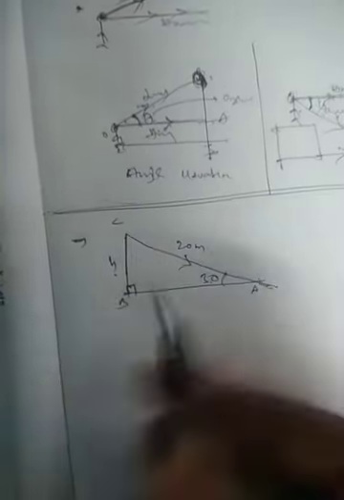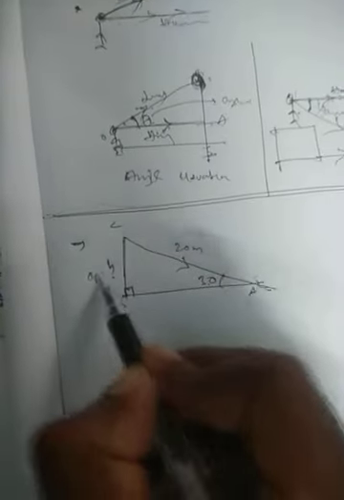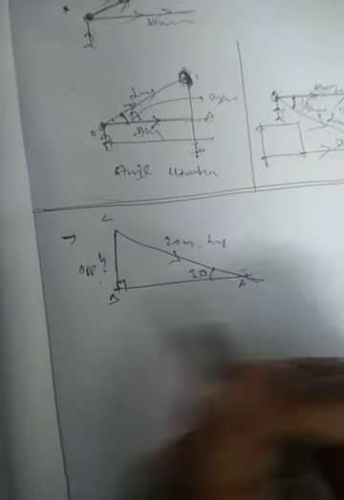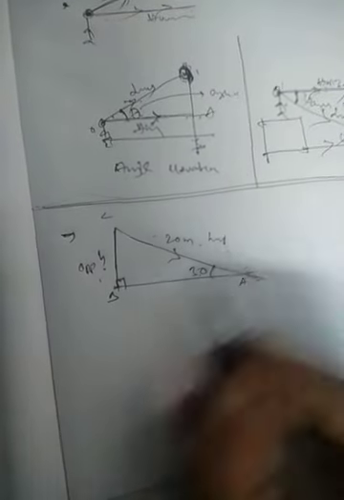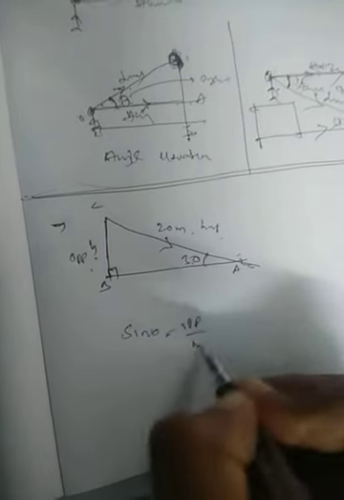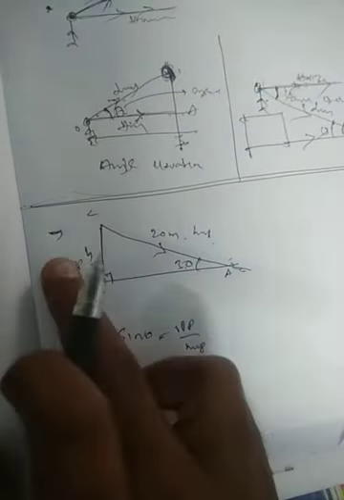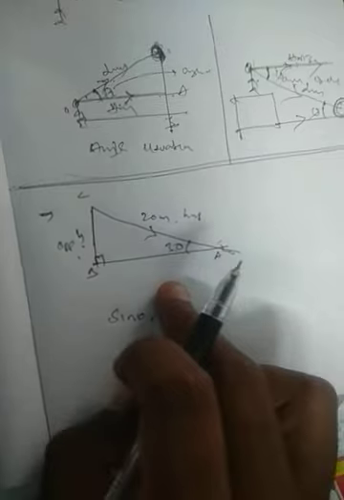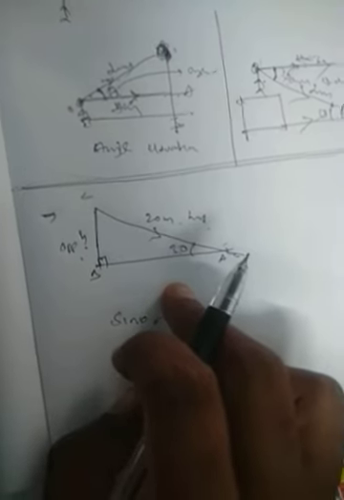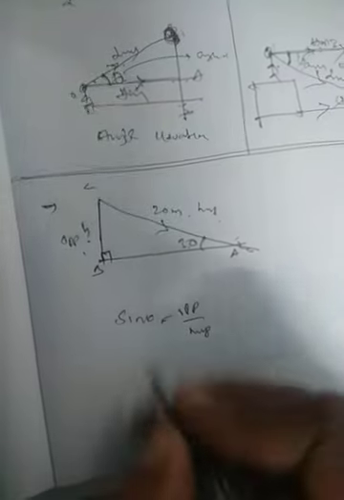So how can we take it? Actually this is the opposite side. See the application here. The trigonometric ratio which includes the opposite side and hypotenuse is sin theta. So sin theta is equal to opposite by hypotenuse. This is the logic. We can use tan theta also, but if you use tan theta, we get this by this, two unknowns only, and we can't get any value here. That will become very lengthy, though in that way also we can get it.